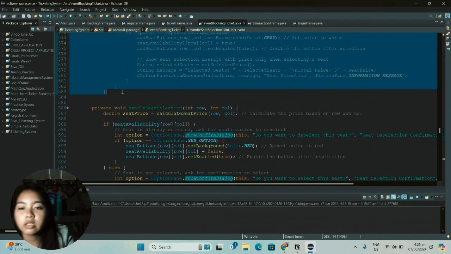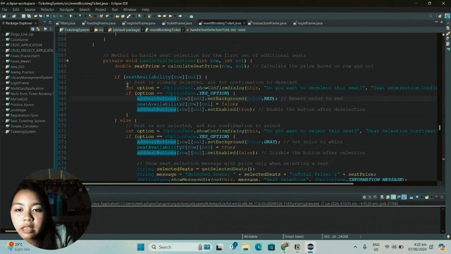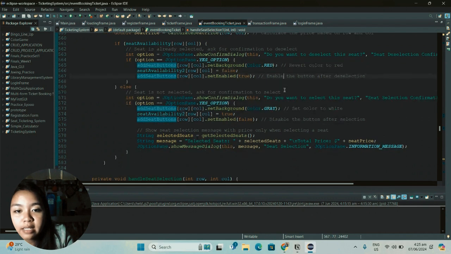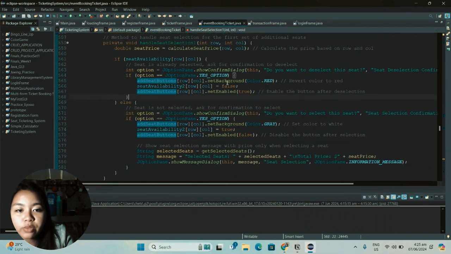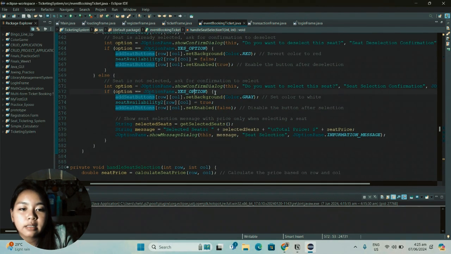This condition means that this seat is already selected. If the seat is already selected, we ask for confirmation to deselect, in case you want to deselect your previous seat, so it can be deselected.